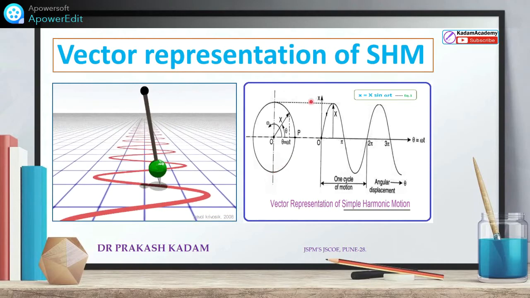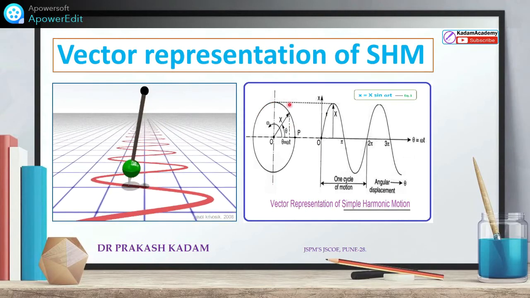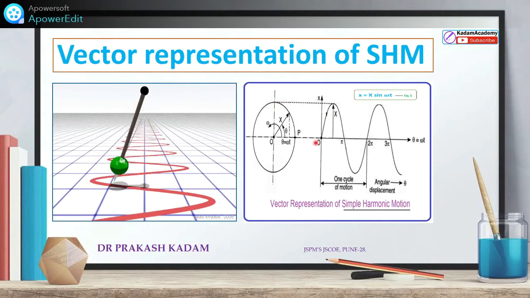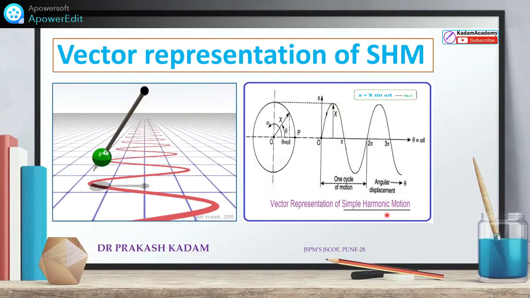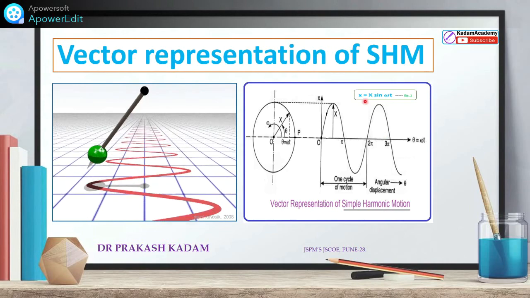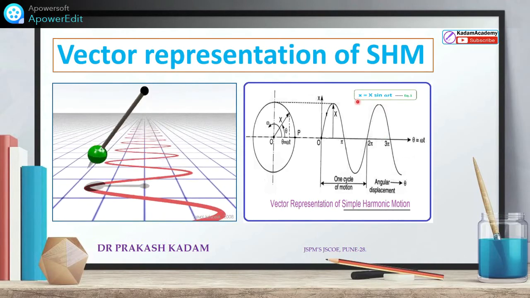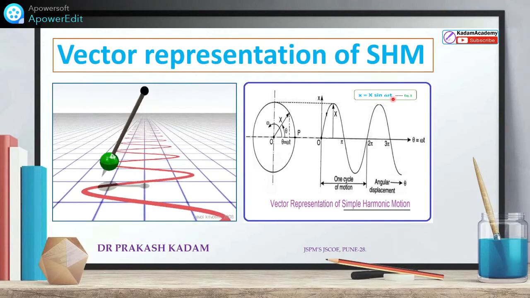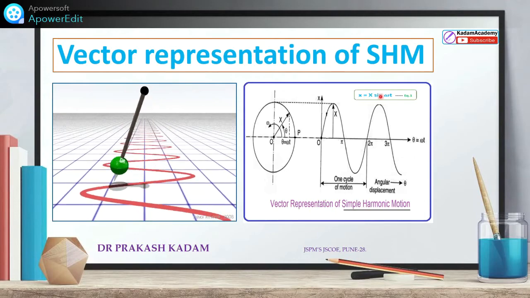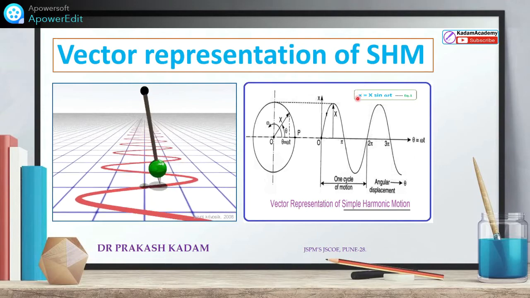It is represented also here. Suppose the circular motion, its moving part will follow this type of motion. That is the vector representation of simple harmonic motion, and it will create one fundamental equation of SHM. This is x equal to capital X, that is amplitude, sine omega t. How this equation is proved, the fundamental equation, that we have to find out